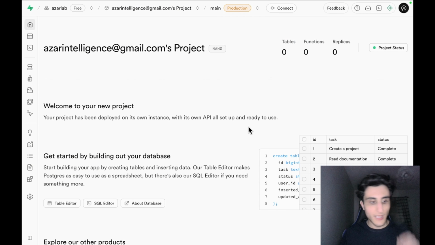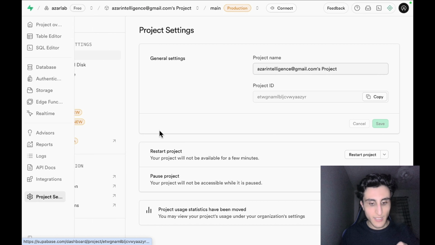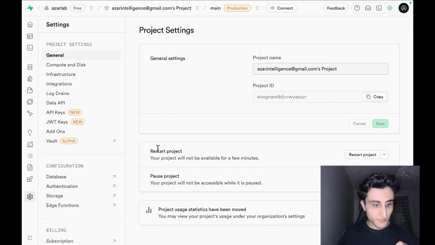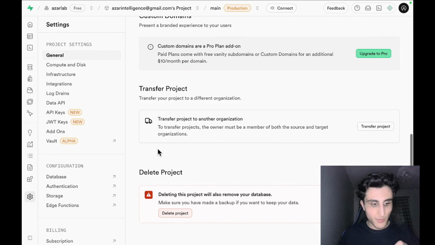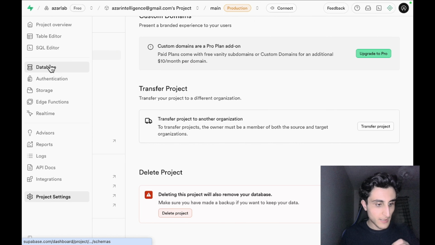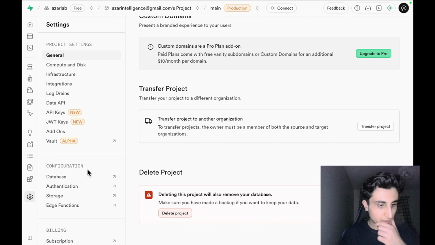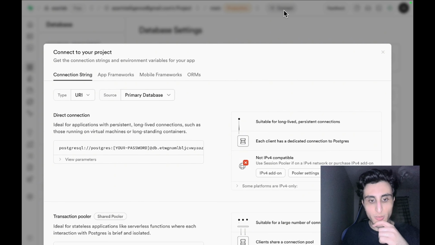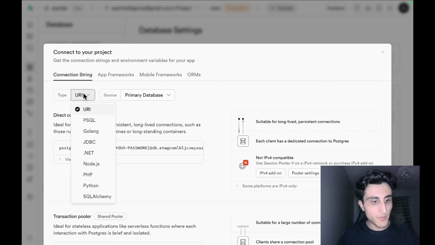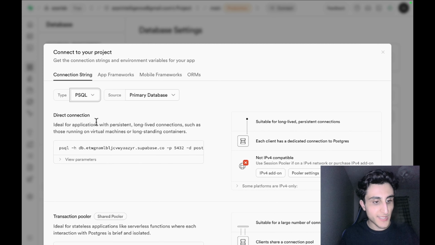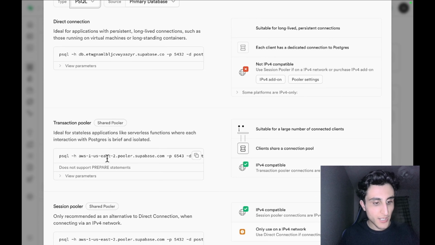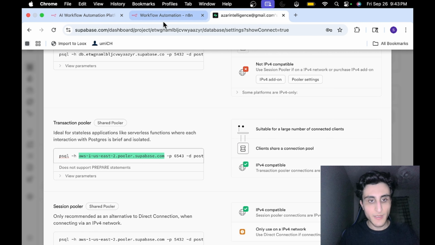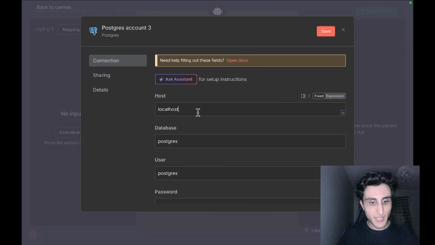and here we want to go to settings, and then we want to go to database, then we want to go to connect, and then we want to change the type to the second one, and here we can grab our host. I'm going to copy it, I'm going to paste it here,